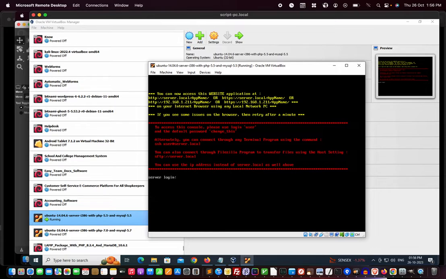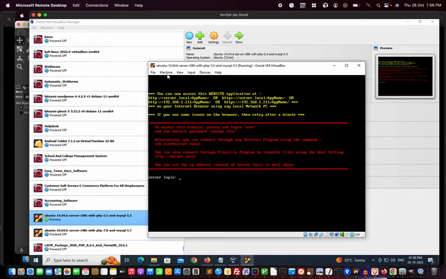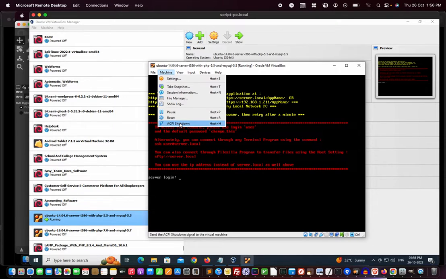Or you can shut down as well. When you want to shut down the machine, of course, release the control key and then machine menu, ACPI shutdown. If you do, it will shut it down cleanly. So at the end of the day, you should always do machine ACPI shutdown carefully, and then go right click